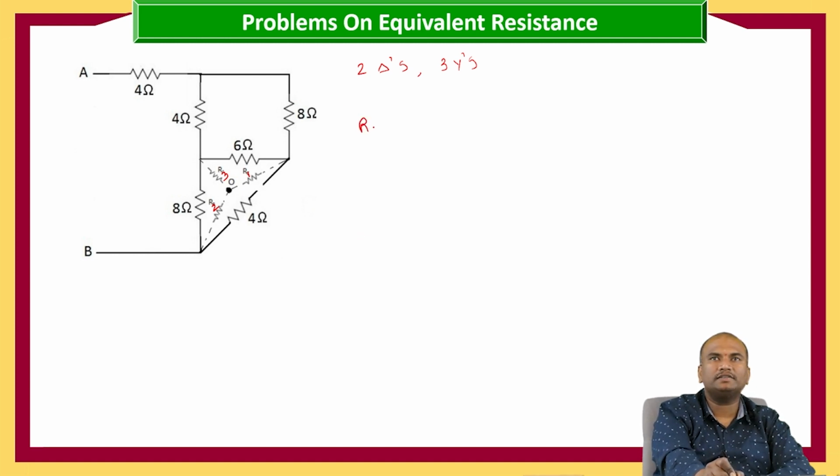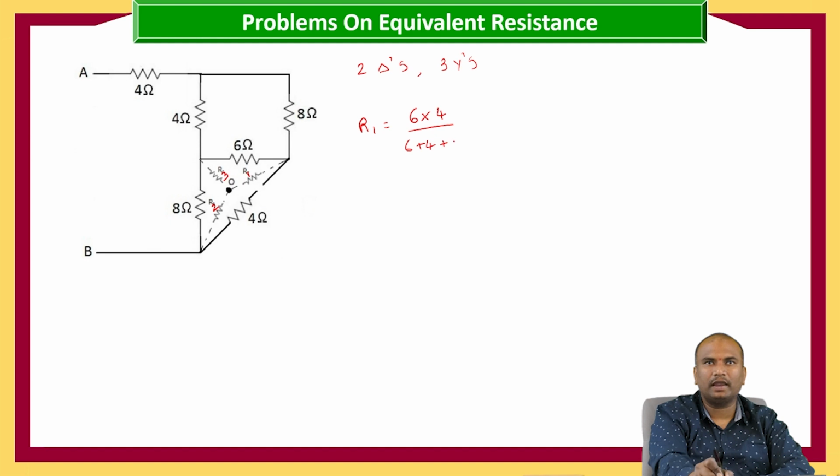So R1 is equals to, this is delta to star transformation, that is 6 into 4 by 6 plus 4 plus 8, that is equals to 24 by 8 plus 4 is 12, plus 6 is 18,